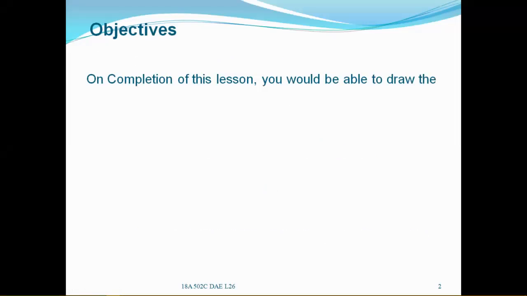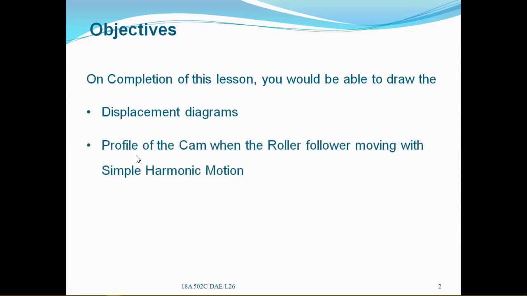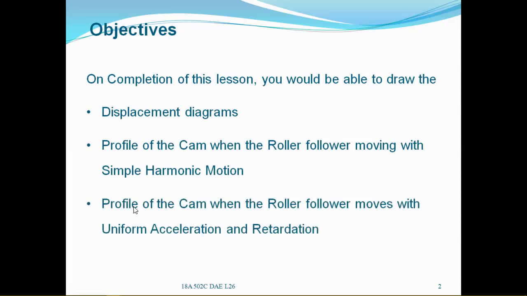In this lesson, the objectives are, on completion of this lesson, you will be able to draw the displacement diagrams and profile of the cam when the roller follower moving with simple harmonic motion, and the profile of the cam when the roller follower moves with the uniform acceleration and retardation. And these things we are going to discuss in this lesson,